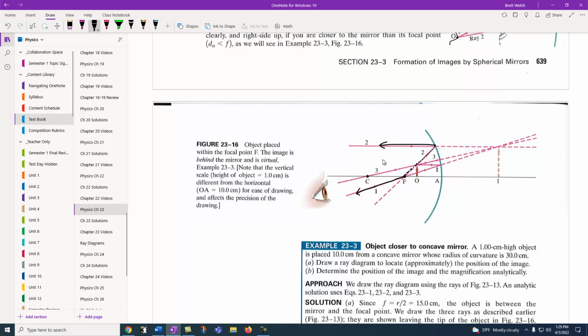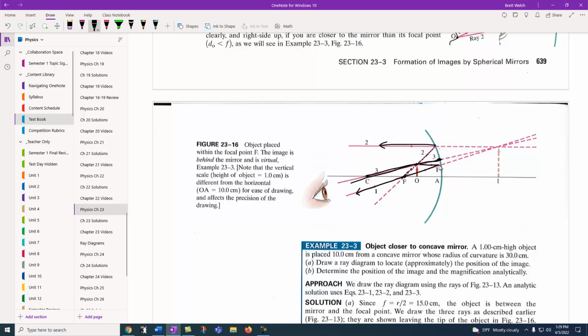They're never going to hit the same point, so they can't converge there. And the third one, of course, is the center, the tip of the arrow, and the mirror, which would be right here. Okay, it would hit that, and it would actually bounce right back down. Well, that means that in all of these rays, they never all three meet in the same point